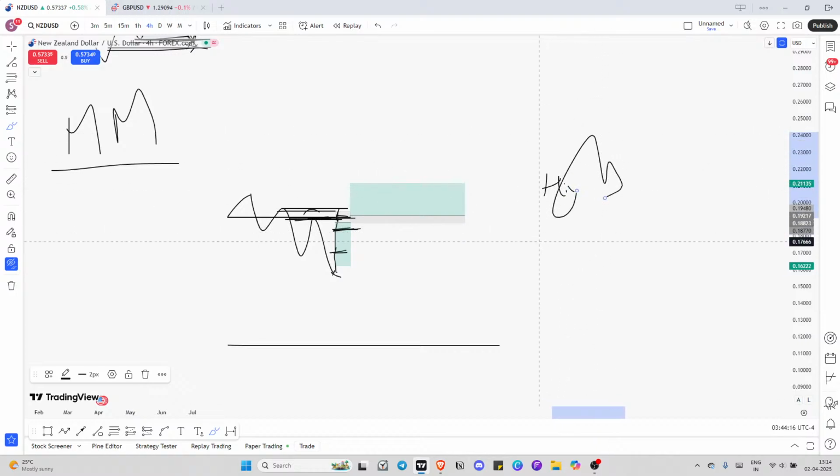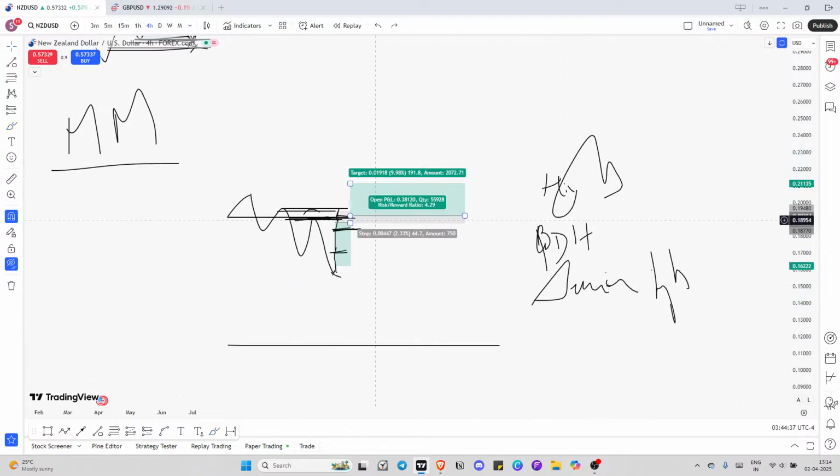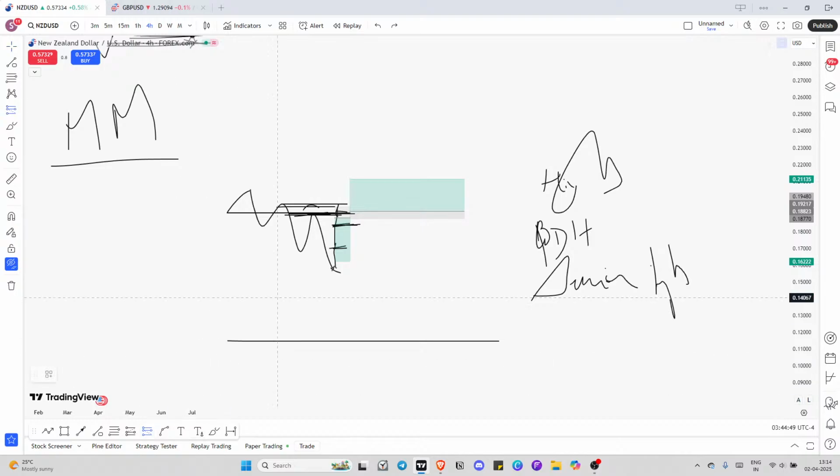or session liquidity, as in a previous day high, alright, previous day high, or session highs. So it can be any of these, or just a normal swing point. I'll show you what a swing point does, right? And then as I'm selling here,